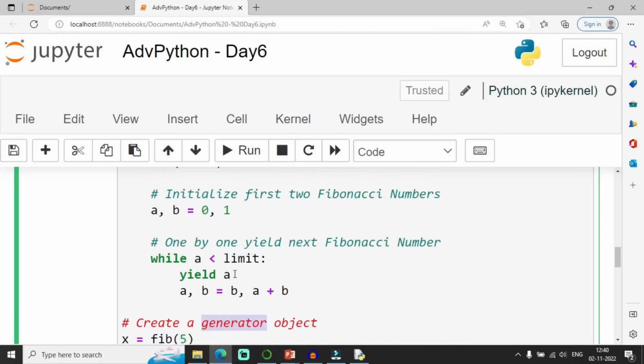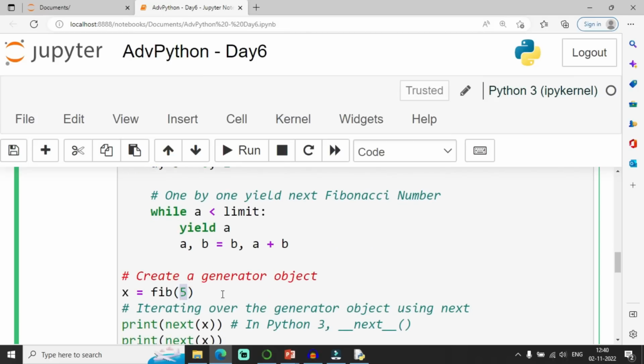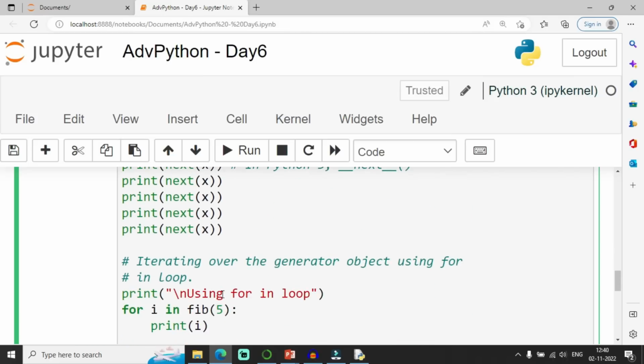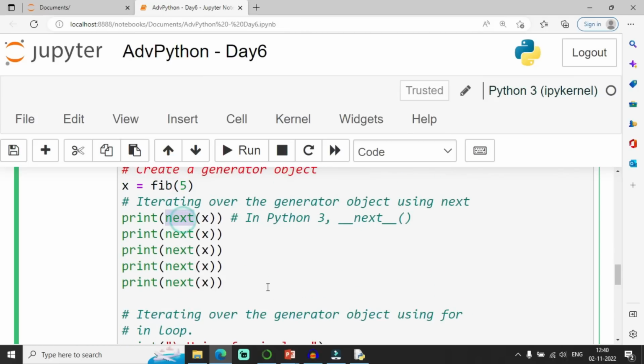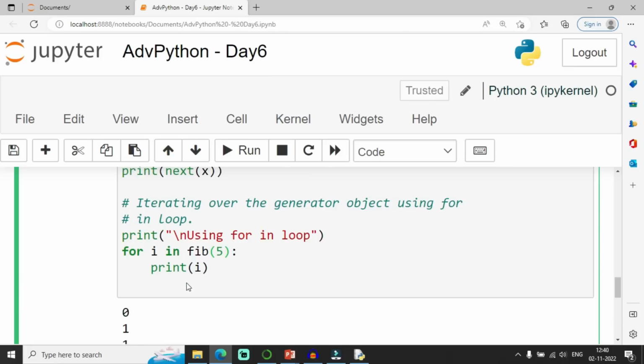I am creating a generator object. Whatever the limit is, I want to print, say, 5 numbers. Using the next function, I am iterating over the generator object. I am iterating using a for loop and every i value will be printed at the output.